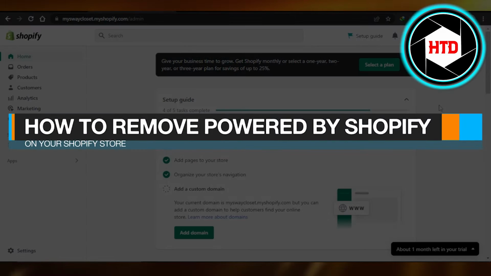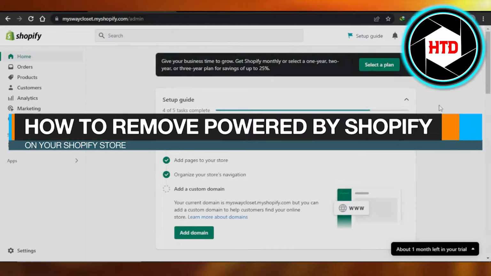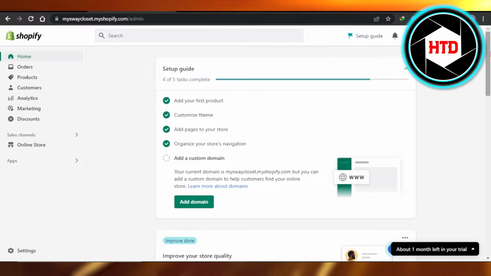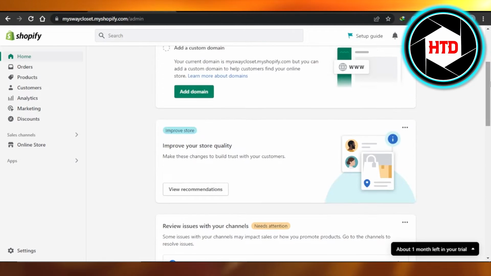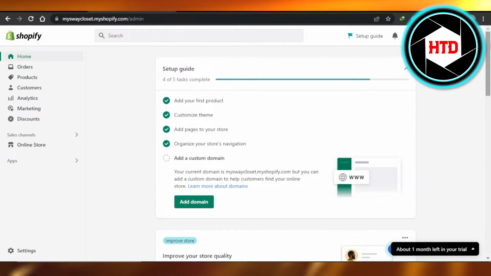How to remove Powered by Shopify on your Shopify store. Quick and easy. Hi guys, welcome back. Today I'm giving you a tutorial on how to remove Powered by Shopify on your Shopify store. So let's get started. First, what you guys need to do is you will open up your Shopify admin and